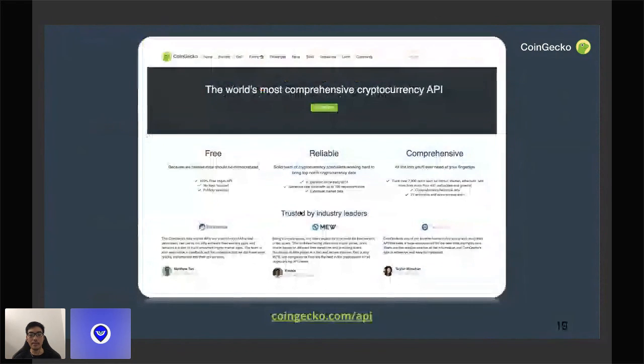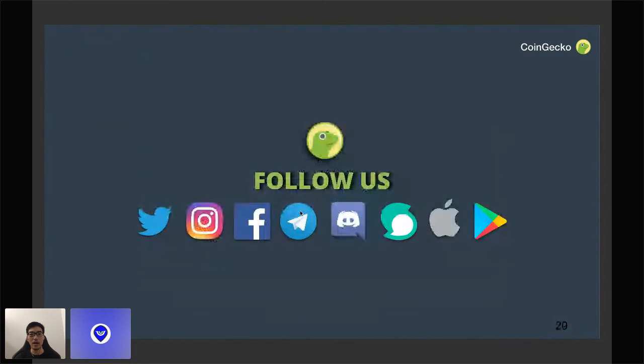And lastly, I wanted to share that you can go ahead and use our API if you want to access any sort of market data. All the heavy lifting for aggregating the market data and detecting outliers is taken care of by us. And if you just want to acquire pricing information for any tokens that we support, just plug in our API and you can get access to them really, really easily. So with that, I hope this is useful to all of you, and I'm ready to take any questions. Thank you.